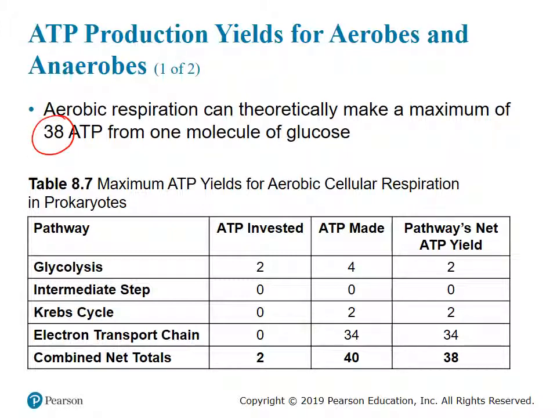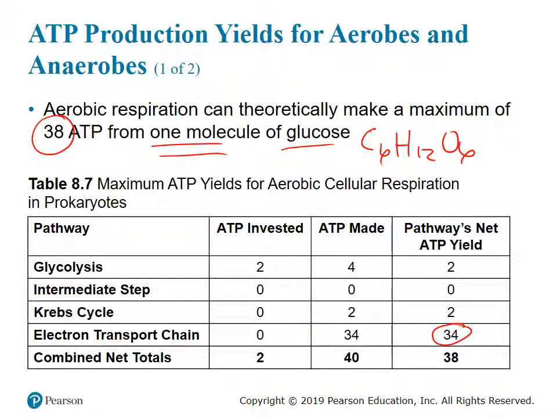Theoretically, you can make 38 ATP from one molecule of glucose, right? That's that C6H12O6 molecule. Theoretically, you can make 38, right? And why 38 instead of 34? We just talked about 34. Well, 34